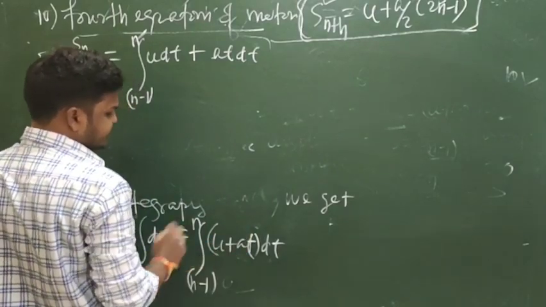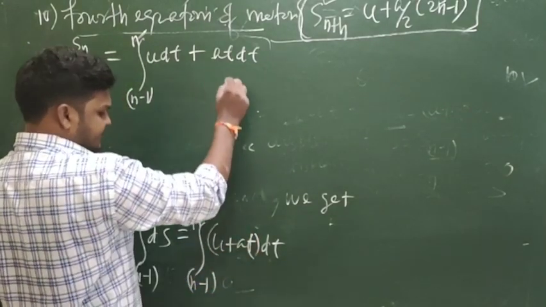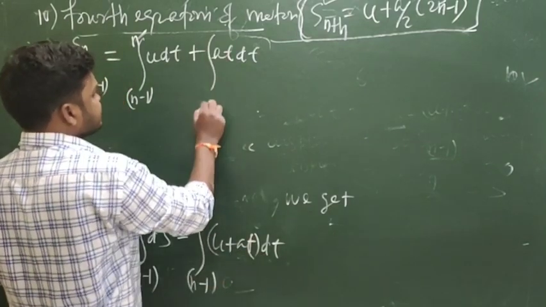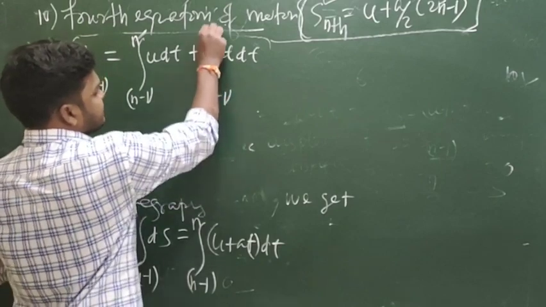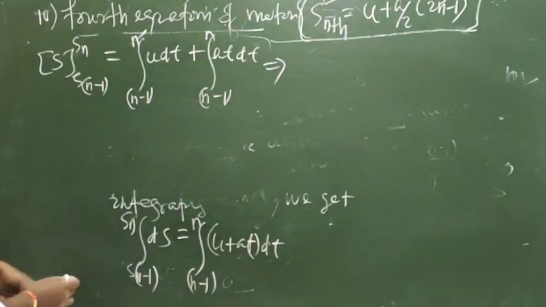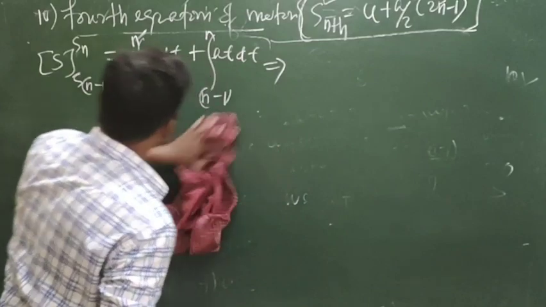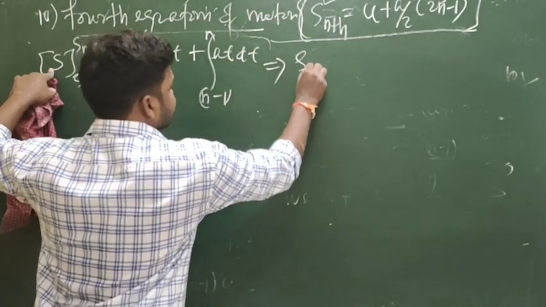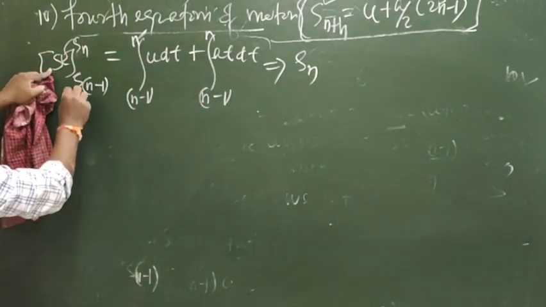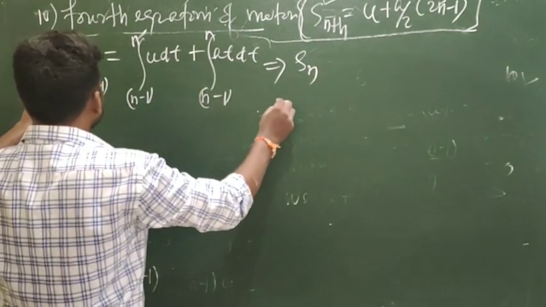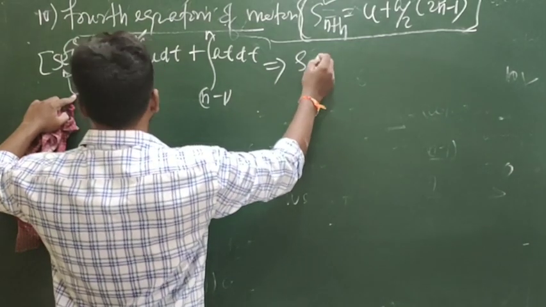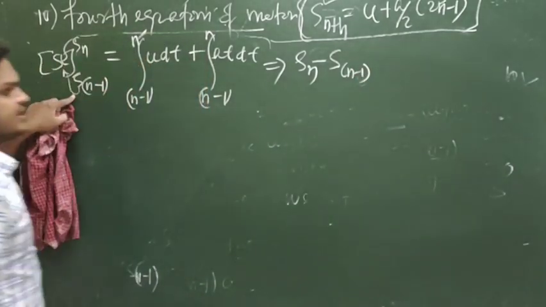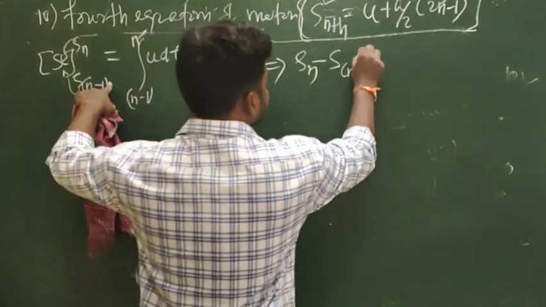We use u plus at and integrate for n minus 1 to n second. That implies, instead of this value, we use the higher limit and lower limit, then the value will be s_n minus s_(n-1) is equal to